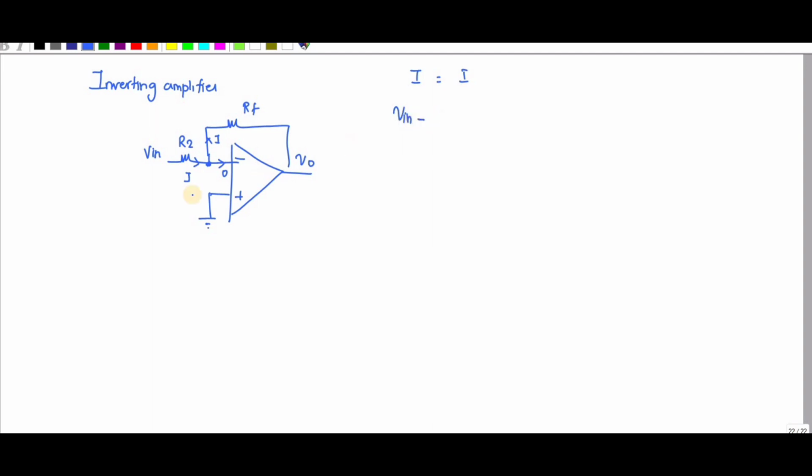Voltage divided by resistance. So V in minus 0 divided by R2 is equal to 0 minus V0 divided by RF. Okay. So I can write V in is equal to minus V0 R2 divided by RF. Okay. So what is V0 by V in? V0 by V in is nothing but AV, that is equal to minus RF divided by